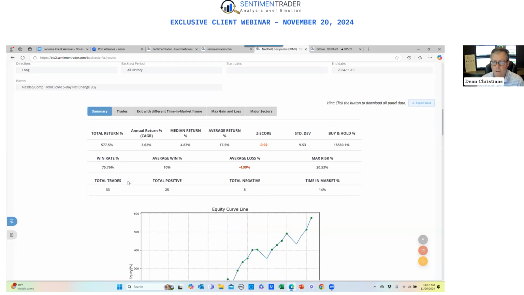So the idea here is you need to make sure you want these higher beta growth stocks that have higher average daily ranges. That's the pool that we want to be fishing in when we're using these types of indicators. A great example is within the BackTest engine, you could take this and